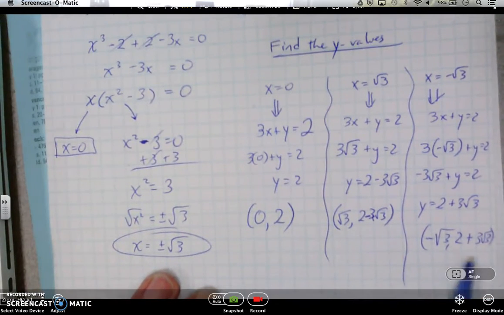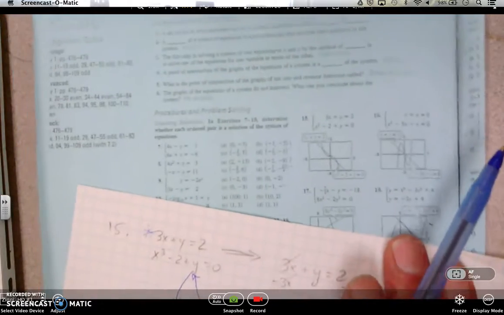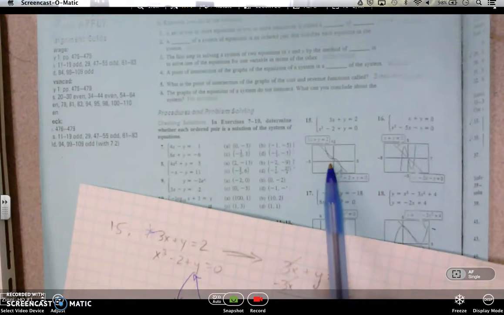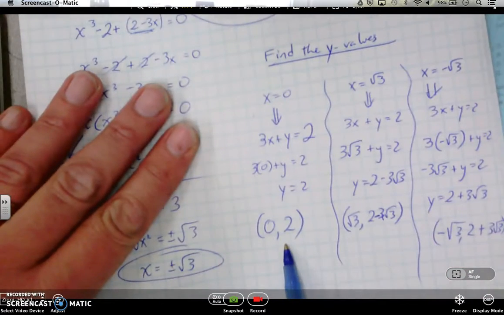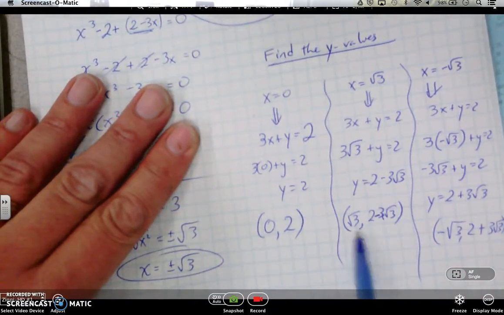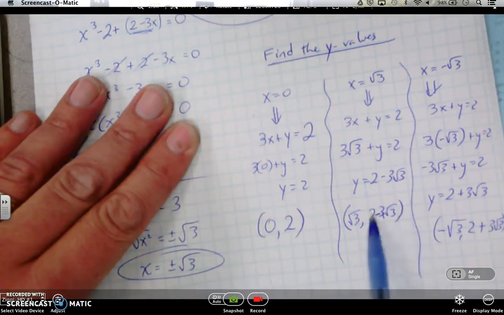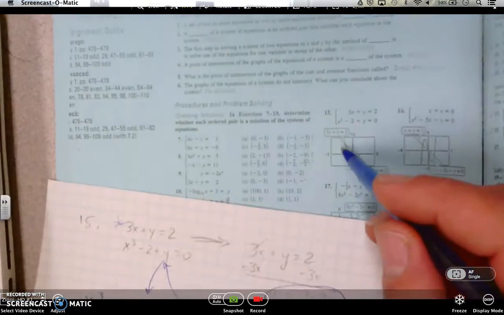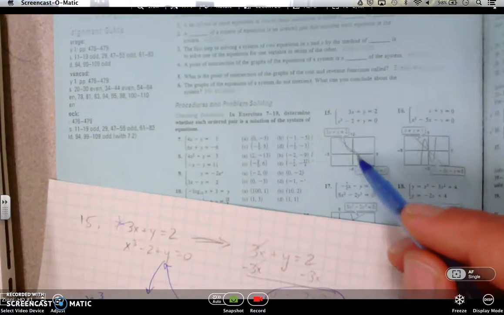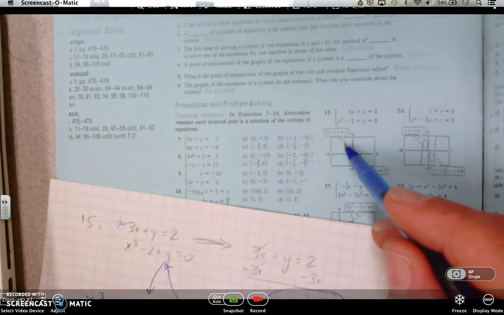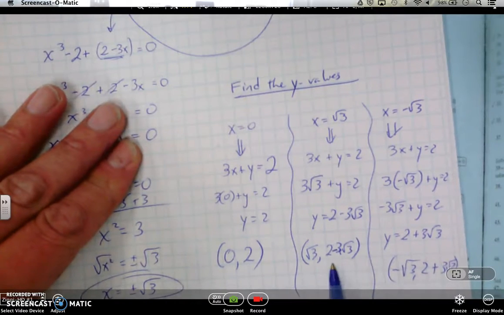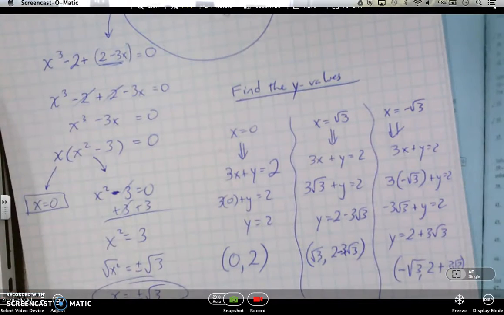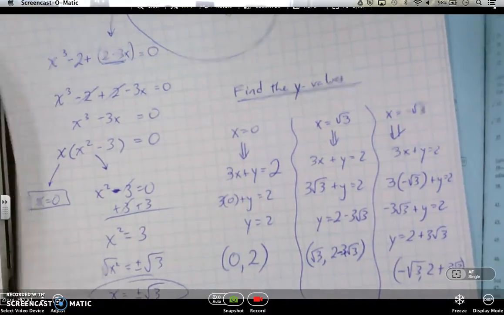Okay, let's see if these make any sense. We can check it here. Like I said, one's on the positive side, one's on the negative side, and one is at 0, and it does look like it's 0, 2. That's what we found, 0, 2. One has a positive x, one has a negative x. This value here, we could estimate with the calculator and see if it matches up. But really, now you see the value of the graph. The graph's good, but it's not going to get you exact numbers like rad 3. That you'd have to use the algebra for. Okay. One final